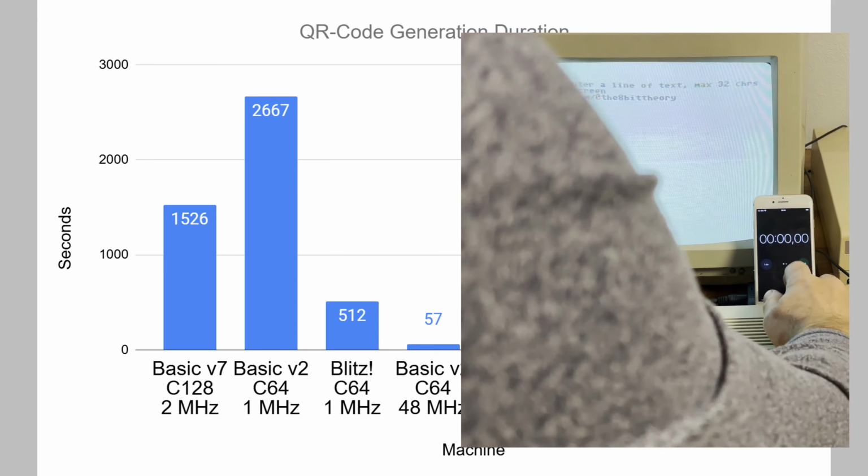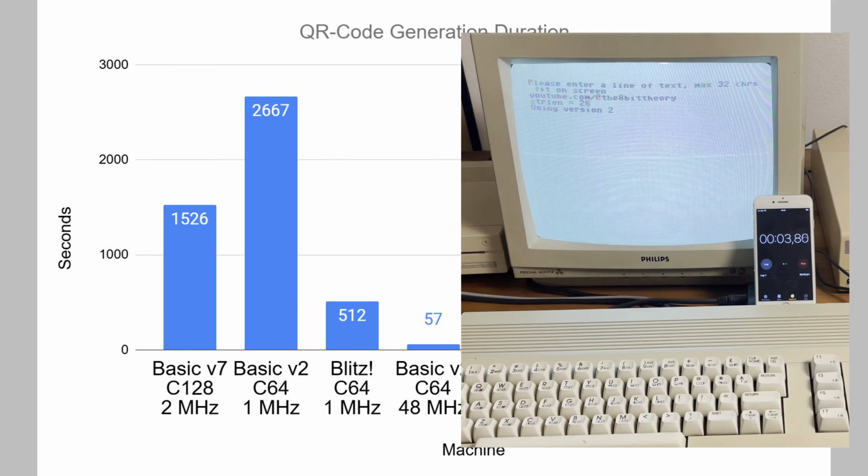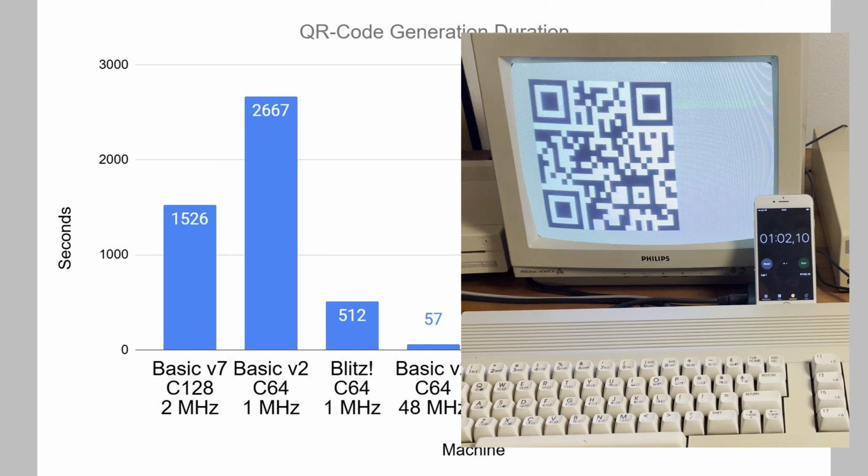But to be fair, that C implementation is a full implementation that didn't take any shortcuts, just as I did. The source code comes inside of the zip file of the download, so feel free to investigate and share your thoughts. Still, the runtime is an issue. And also, it just prints each module as a space or inverted space character with a maximum of 25 lines available on the screen. This equals version 2 codes, which limits the content length to 34 characters.